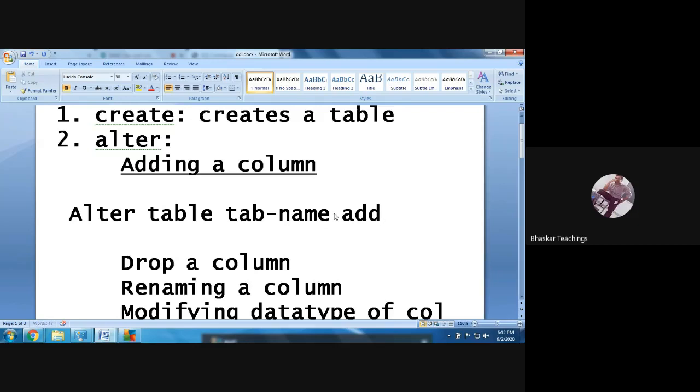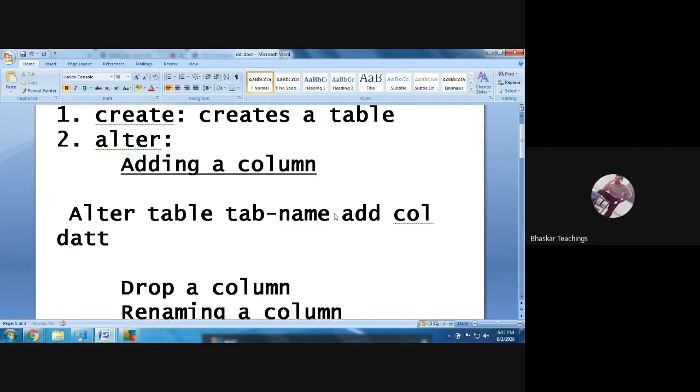Now mention the column name and data type. Simple. Here we need not use any logic. This is not a program or anything. Simply remember the syntax and type it. That's it. It will work. Or simply copy and paste from anywhere and change the table name and column names.